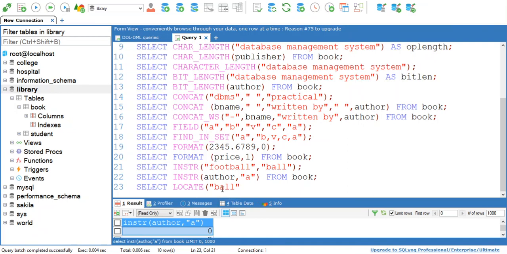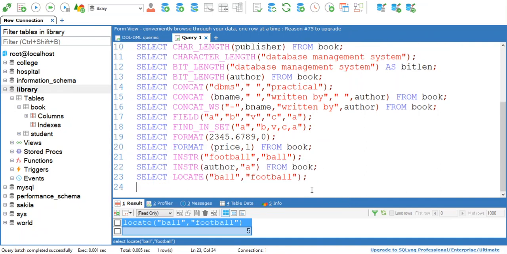But in locate, the first parameter is the substring and the second parameter is the original string. So this is the only difference. The output will be the same as that of INSTR.